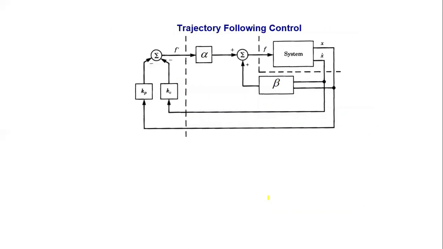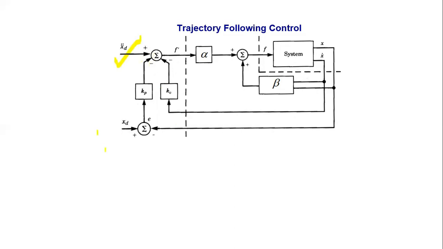Next is trajectory following control. Suppose we want to apply trajectory following control on the single link manipulator. This is an example of a model based partitioned control law. In this model based partitioned control law, if you apply xd double dot, that means acceleration at this location,